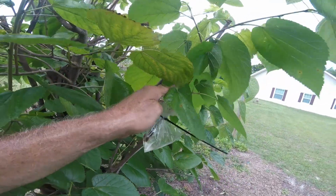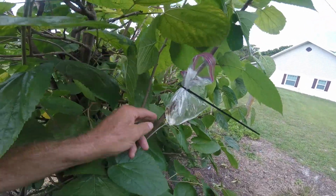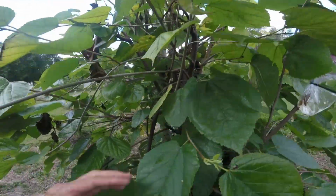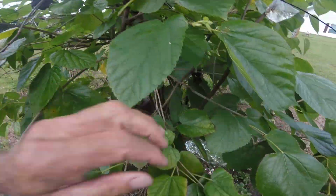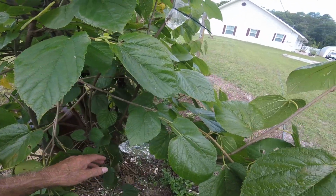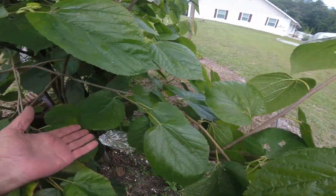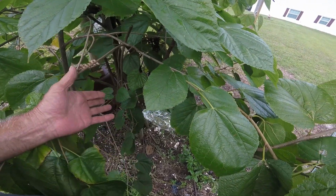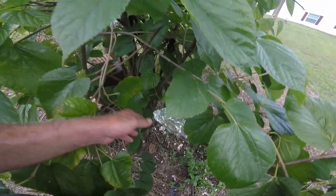They say it does, and if it does, that's cool. I can come back after this is growing roots in this bag. I can cut it off here and plant it. But see, with this air layering technique, it's pretty cool, because this branch has made fruit before. So if you planted this thing from a little seedling or whatever, it's going to take at least 3 years before you see fruit. When you do the air layering technique,